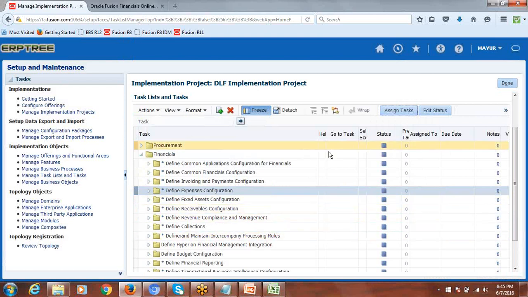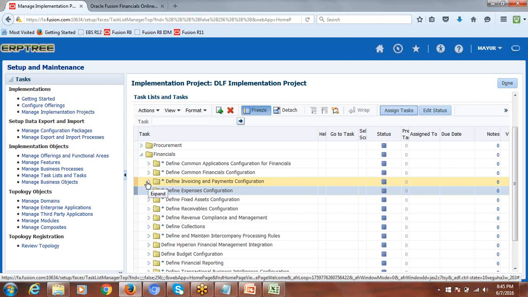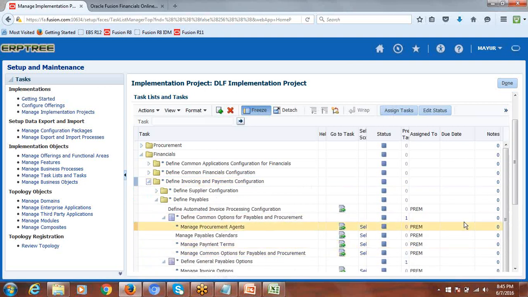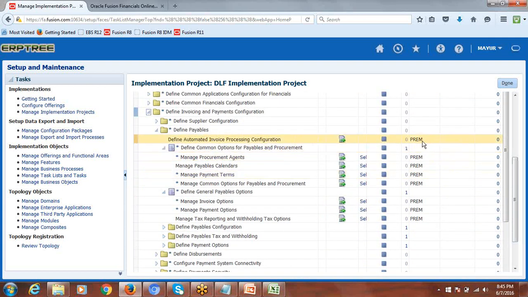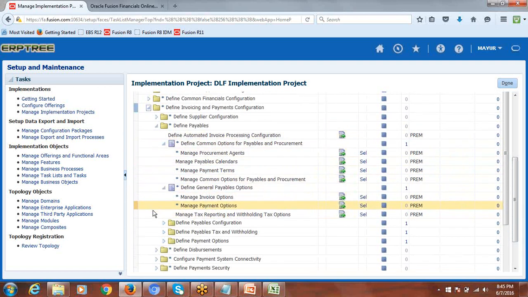Done. If you want to see to whom this invoice payables is assigned, you can just expand this. Here you will be able to see to whom it is assigned. All those activities are assigned to the resource called Prem. The same way, if you want to see for this